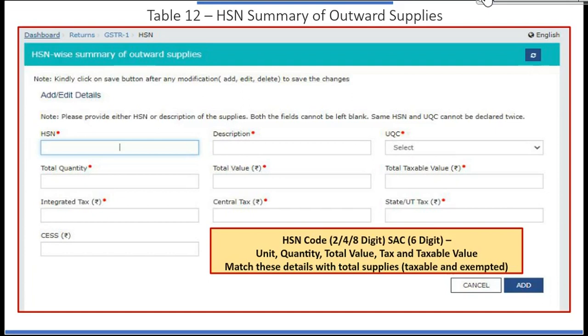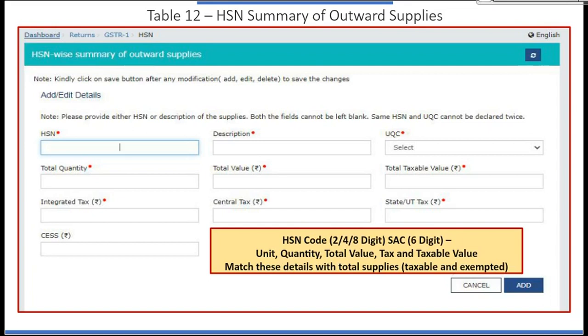Right? From 1.5 to 5 crores, the reporting is 2 level. So 49. Above 5 crores, reporting in the invoice is 4910, 4 level reporting. And if I am dealing in export and import, then 8 level reporting is mandatory. And for service accounting code, if I am providing any service, 6 level accounting code or service accounting code is mandatory to report. So same way, based on my turnover, I can report here HSN number.